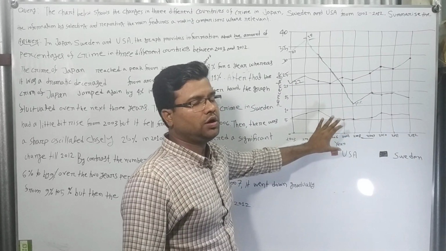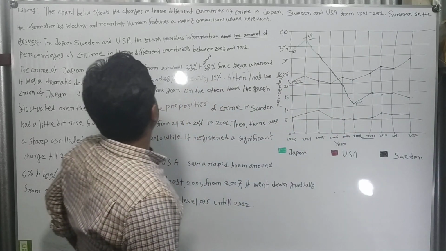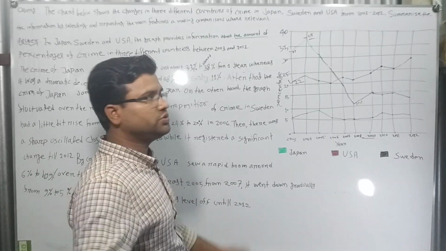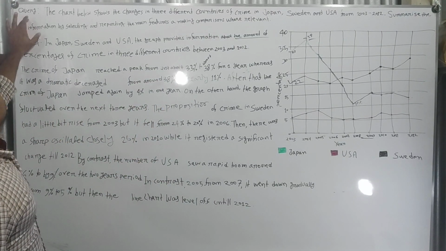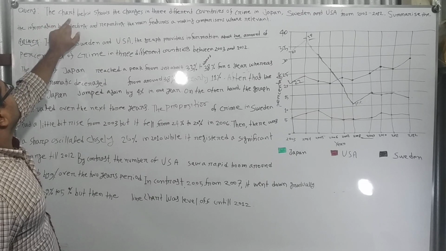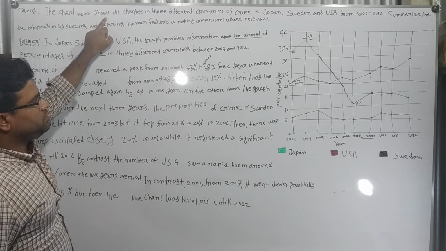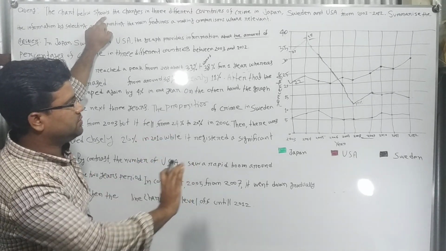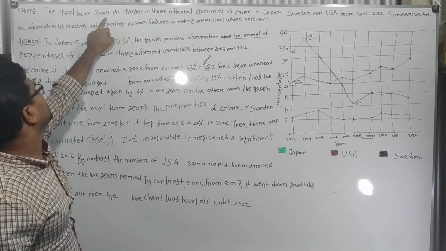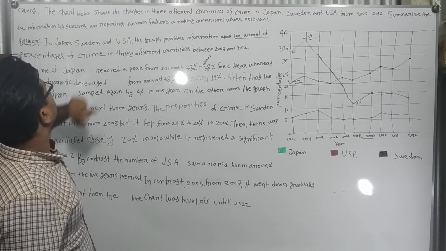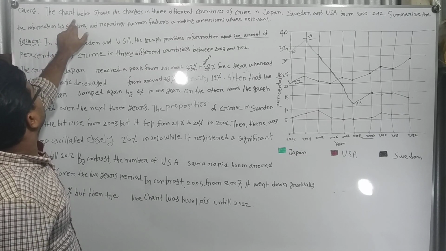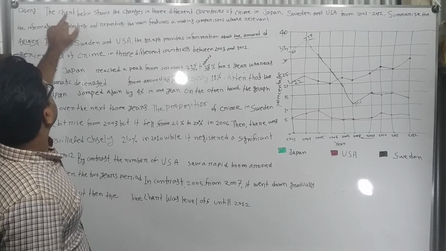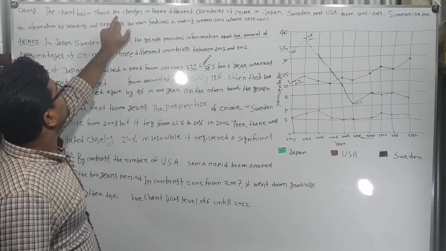It's called line graph or graph. It can be chart. You can say chart or graph. Both are same. There is no difference between the two things. Here is the question. The line chart below shows. You will get the chart under the question. That is why the writer says below. So the chart below. You can get a graph or chart. Both are same. The chart below shows the changes